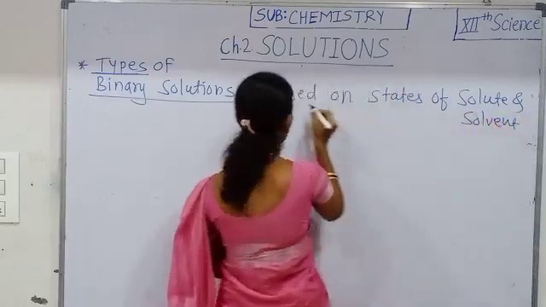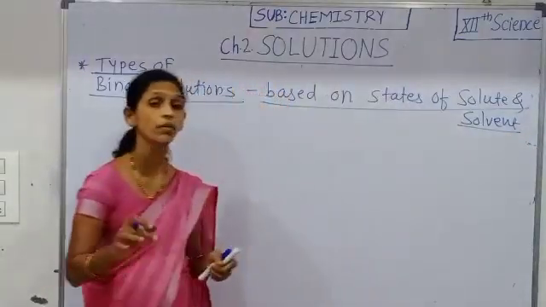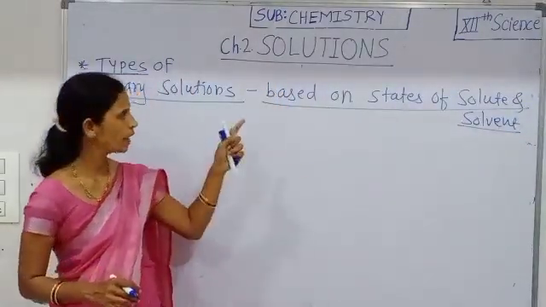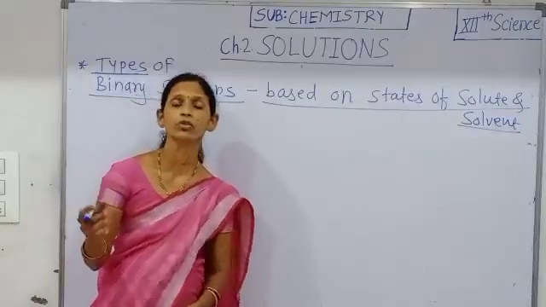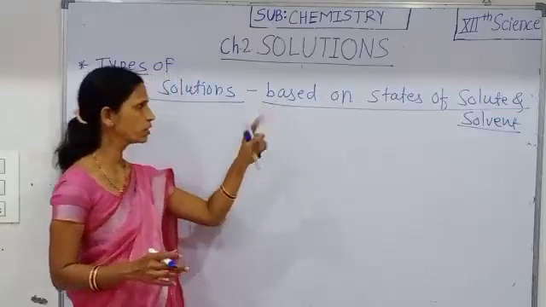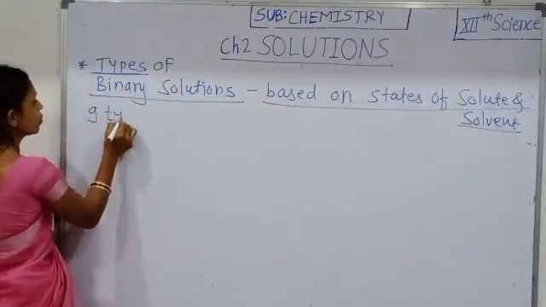That means in a binary solution the solute may be solid, liquid or gas, and the solvent may also be solid, liquid or gas. According to this concept there are a total of 9 types of